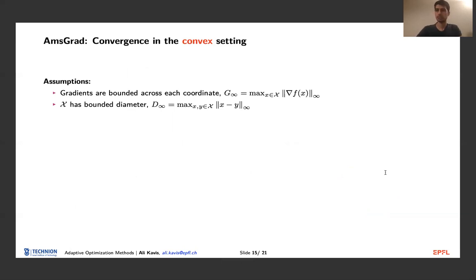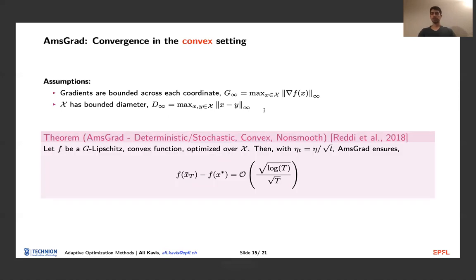So our set of assumptions for AMSGrad and its theoretical convergence properties are the following. We're going to assume that gradients have a bounded L-infinity norm. If you assume that our function is G-Lipschitz, then this is a natural corollary. We also assume that our compact set X, over which we are optimizing our function F, has a bounded diameter in L-infinity norm as well. And the original paper claims that for non-smooth and convex F,